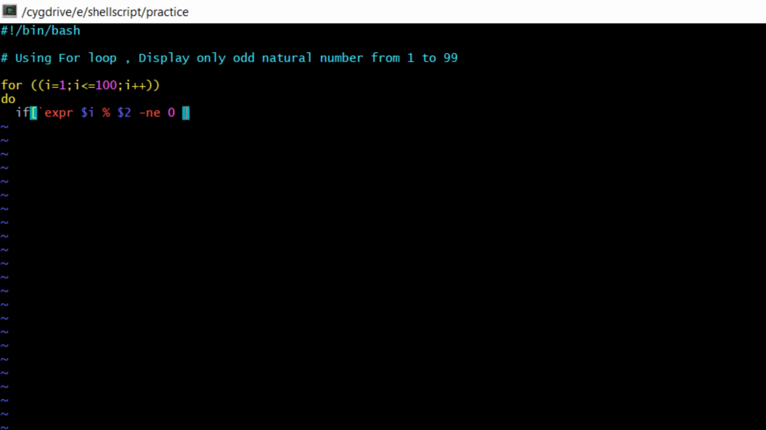Now you can see this if logic what I have written here. According to this if logic, in every iteration it will divide with 2, and if the result is not 0 that means it's an odd number, because we know that for an even number the remainder will come as 0 and for an odd number the remainder will not come as 0, right? So if that condition is true, then